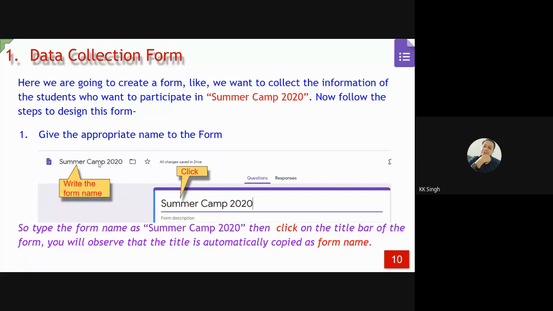And as soon as I click here with the left button of the mouse, it will automatically copy to this place. I had given Summer Camp 2020, I came here, and over here I pressed the left button of the mouse. So it is automatically copied from here to here.